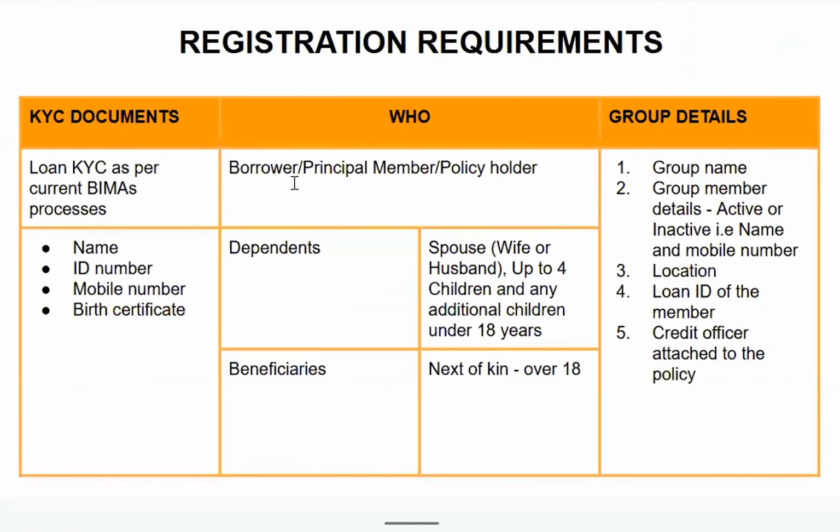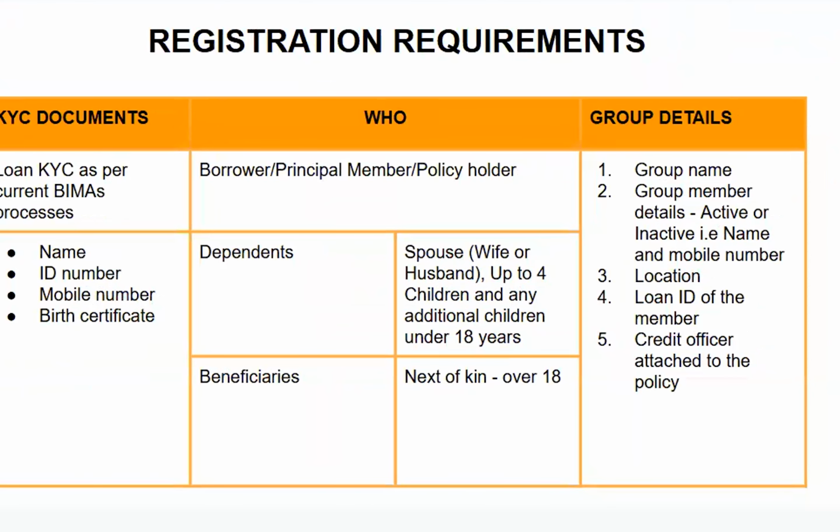You can see it. So from here we'll be looking at the group name and the group member details, that is, active or inactive. The reason we want to collect the group members is that we are aware that the members take the loan individually, even if they are linked to a group. But for purposes of this insurance, and we'll see that later during the claims, we will require at least the group name and the group member details, that is whether they're active or inactive. So we'll just need to have that data in our platform,